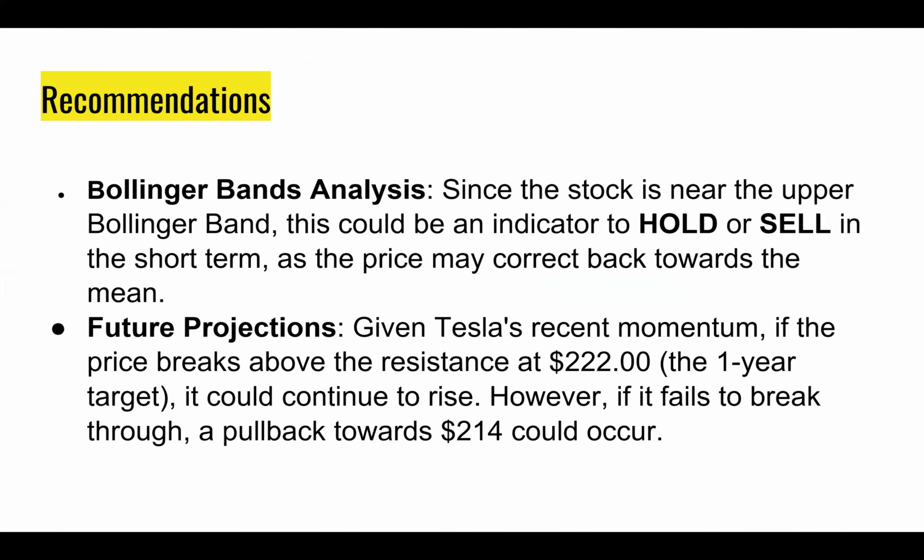Some of the recommendations I have with the Bollinger band analysis, since the stock is near the upper Bollinger band, this could be an indicator to hold the stock or sell in the short term, as the prices may correct back towards the mean. In other words, if you're looking for a long-term investment, you would want to hold the Tesla stock. With some of the things that Elon Musk is putting out, things such as the Cybertruck, and the fact that globally we're in an election year, and there's some things that are going on in the Ukraine,